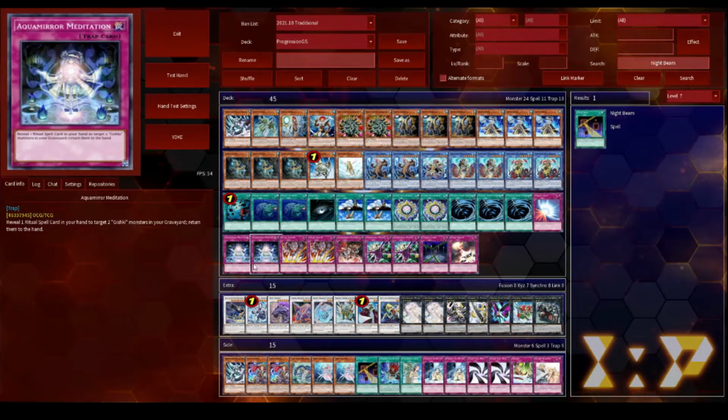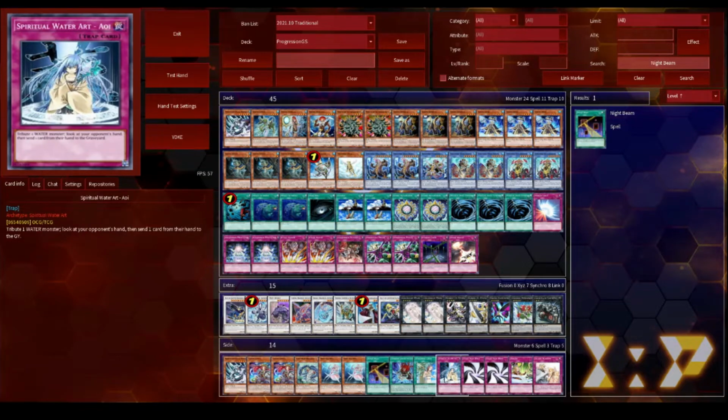Now the special stuff. We have 2 Aquamira Meditation. Reveal a ritual spell card in your hand to target 2 Gishki monsters in your graveyard. Return them to the hand. Nobody's playing Mind Crush. This is fine. Though, honestly, thinking about it, let me...